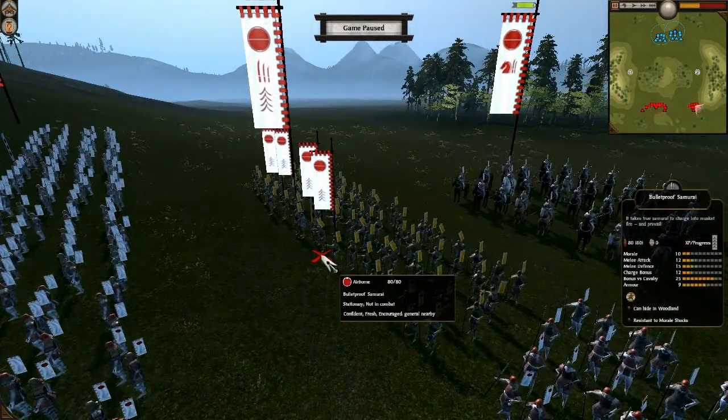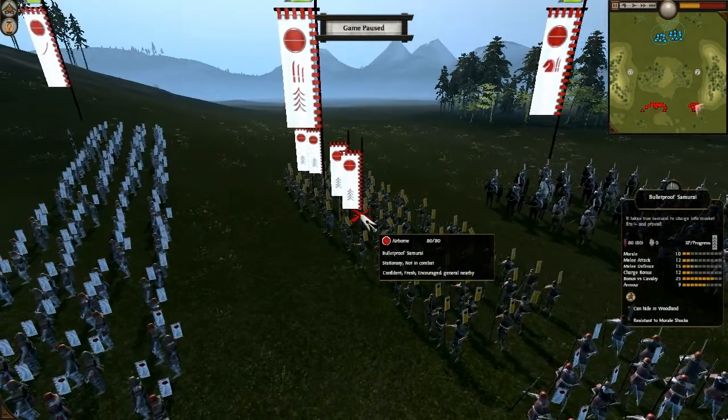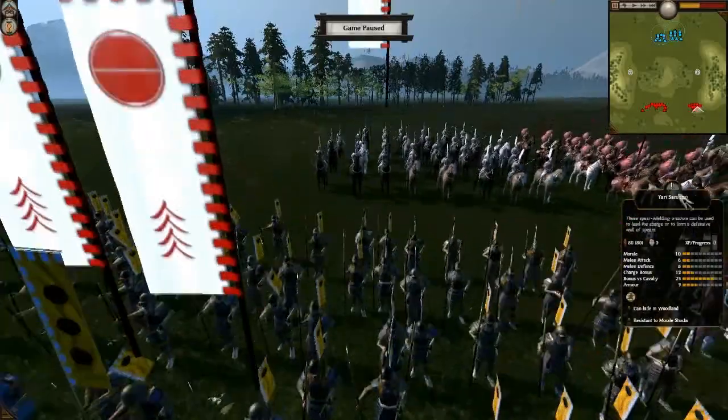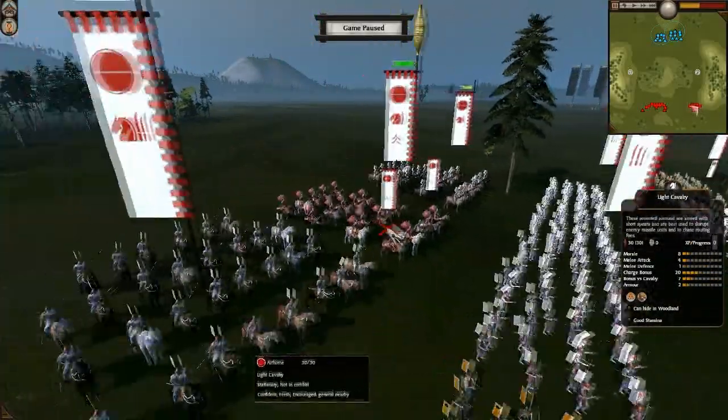Now, I will grant that they are better than a standard Yari Samurai, but even still, I think these guys are a novelty unit and should really only be used against matchlock. But, hey, that's just me. They are pretty nice looking, though. They have kind of neat spears. I like it, nonetheless. Alright, then he has 2 sets of light cavalry with no upgrades, and then his general